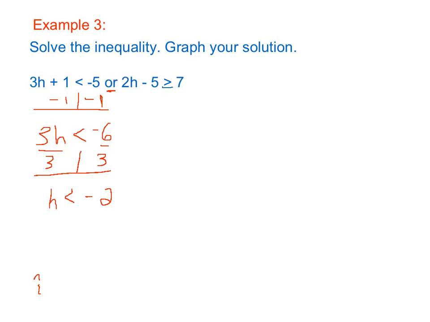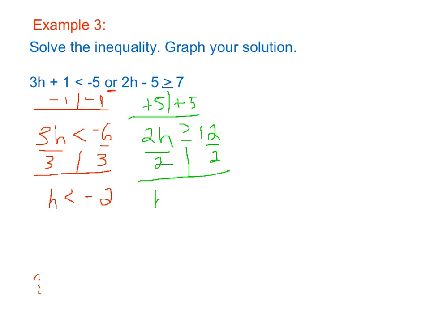That's one of them. The other one, we look at this, we're going to add 5 to both sides. So then we have 2h greater than or equal to 12. You divide both sides by 2. And we get h is greater than or equal to 6. And again, the word in between here is or. So if we graph this on a number line,